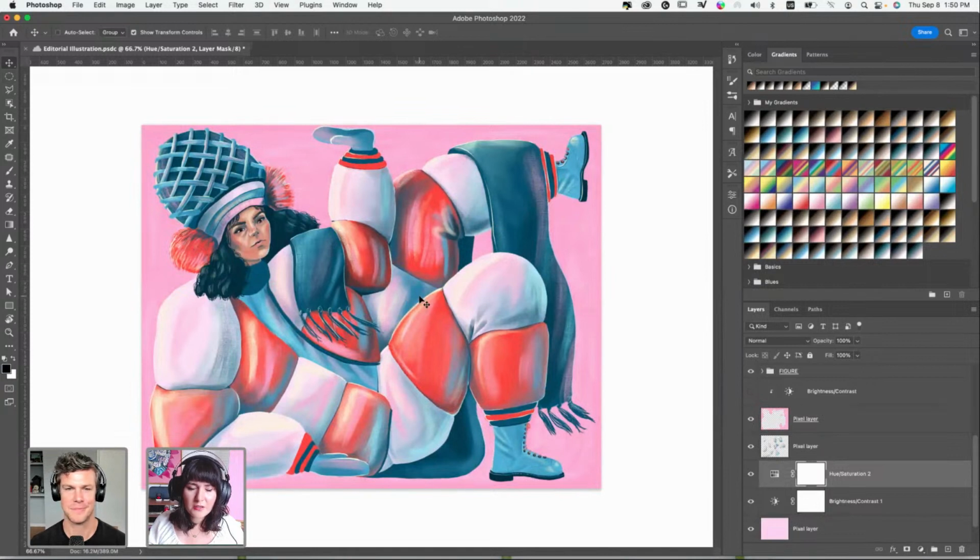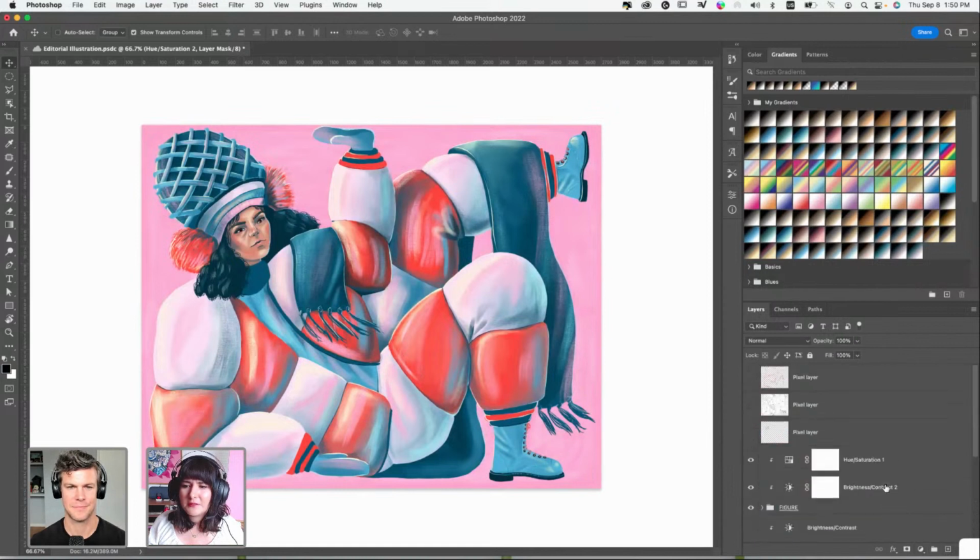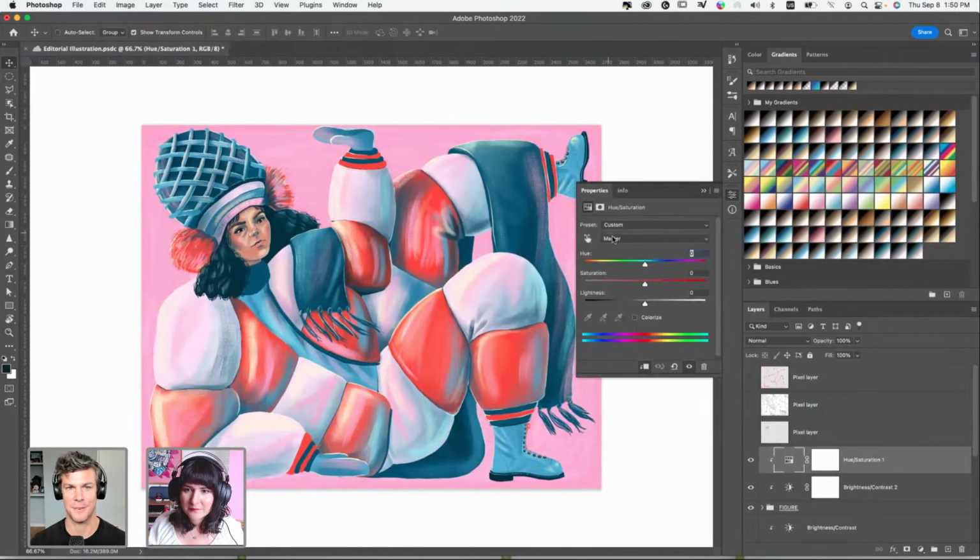Even on different phones. I remember, I have an iPhone and so I always look at stuff from there. But I remember I was looking at my Instagram from an Android and I was like, whoa, this is so saturated. The color balance is different. Even settings that you have on your phone, like nighttime settings or warmth or cool, there are all these little things that can totally tweak the way the artwork looks. So I like how this looks very saturated in some areas, but I don't like how the pink